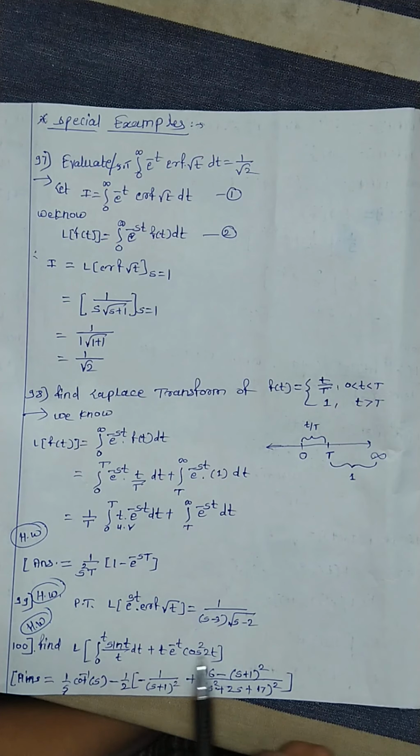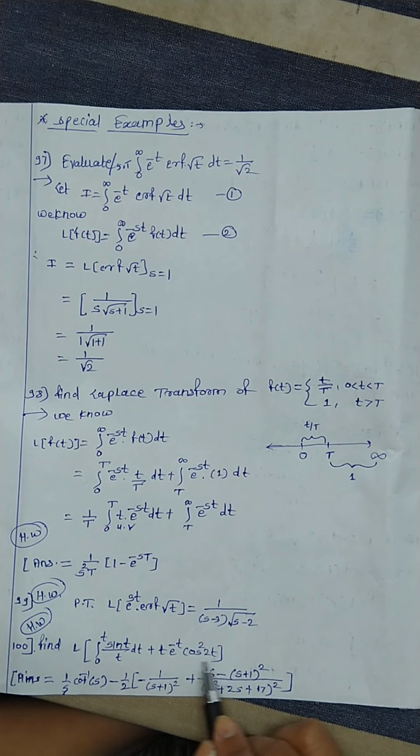Find the Laplace transform of this total term. This total term is the Laplace transform of this plus the Laplace transform of this. In this Laplace, which property do we have to use? The Laplace transform of integration property, and in that also we have to use the division by t property. This is the biggest example. Okay, in the exam they can ask for this addition of properties, all properties. Okay, plus t into, we have to find the Laplace of this, meaning the multiply by t and exponential properties are both there. That means we have to first use the multiply by t property, then the exponential property.